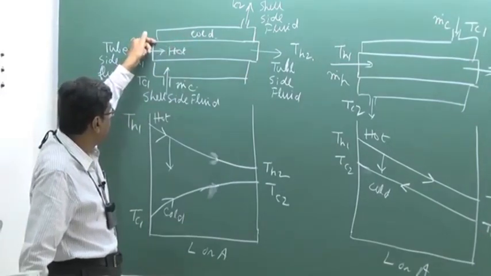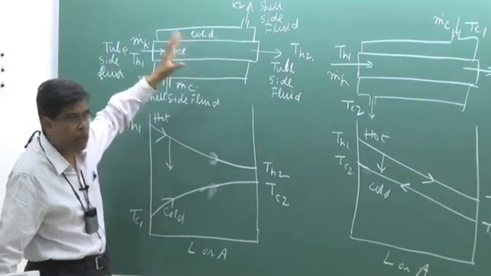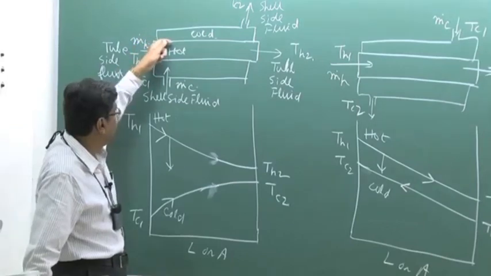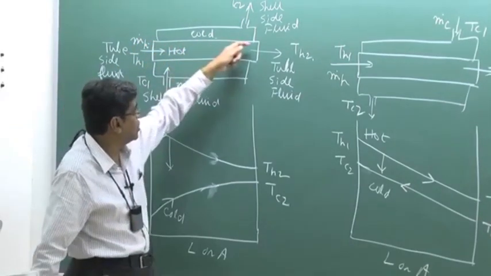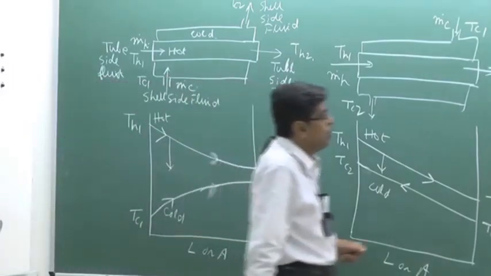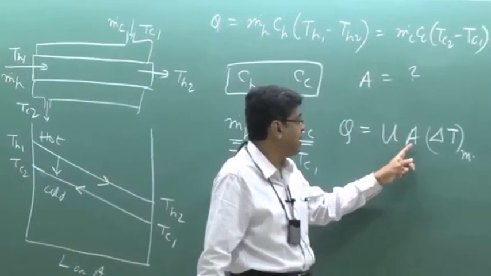And if we see the resistance, the sum of the resistances is the equivalent resistance. If we assume that overall heat transfer coefficient is constant along the flow, then we can write the rate of heat transfer in this fashion: